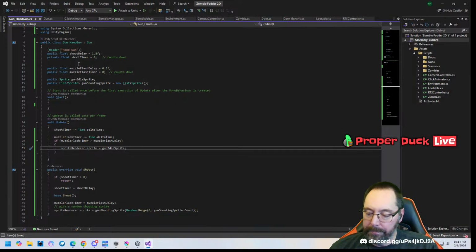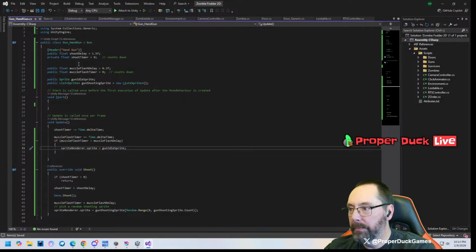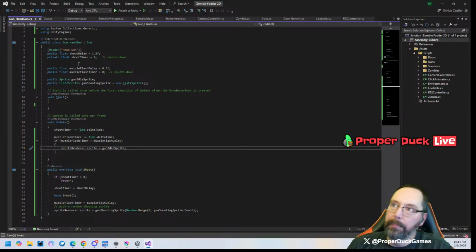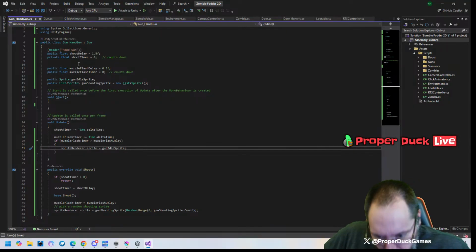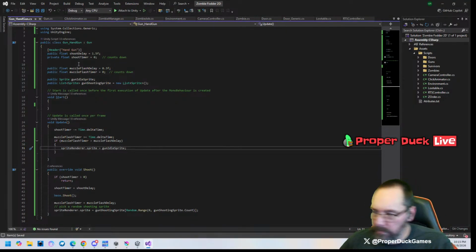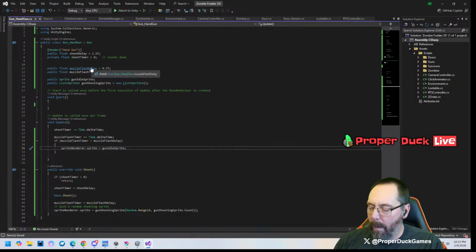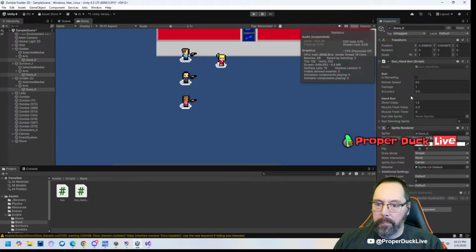Like, I understand how that should be a possibility, like in reality, but no, it's a game. Like, reloading speed should almost be